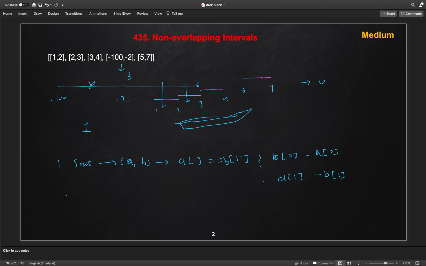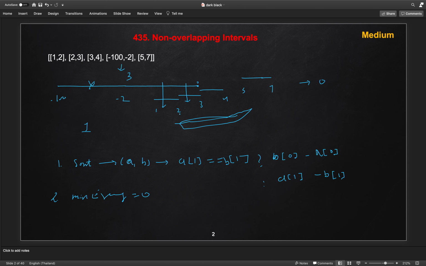Once we have sorted the array, second, we will keep a count variable, let's say a min erase variable, starting from 0. Now we will compare the start. Let's say we sort the second example we discussed. After sorting, it looks like this, first we are taking the A1 minus A0.